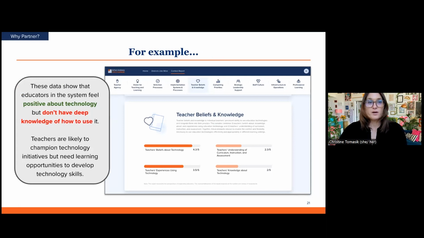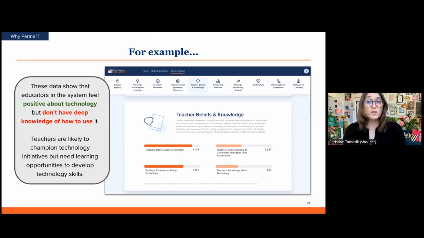You see here that the concept of teacher beliefs and knowledge is broken down into 4 subscales or components, each shown below the variable definition. Again, dark orange bars indicate higher or more positive perceptions, while lighter orange bars indicate lower or less positive perceptions. These data illustrate that teachers feel positive about technology and the ways in which it has the potential to support student learning.